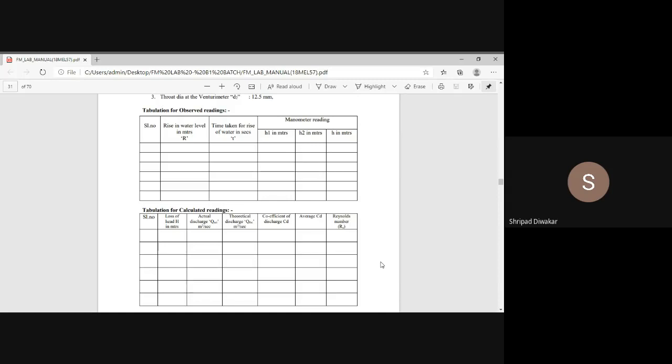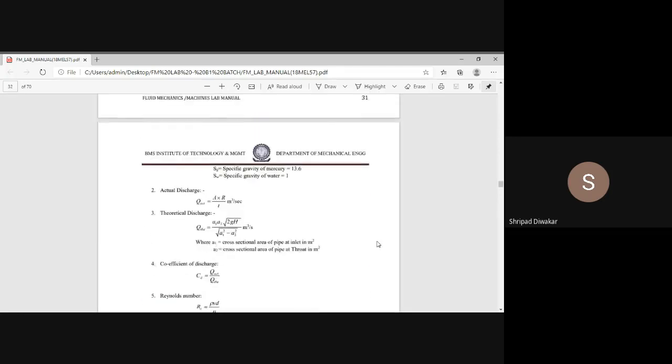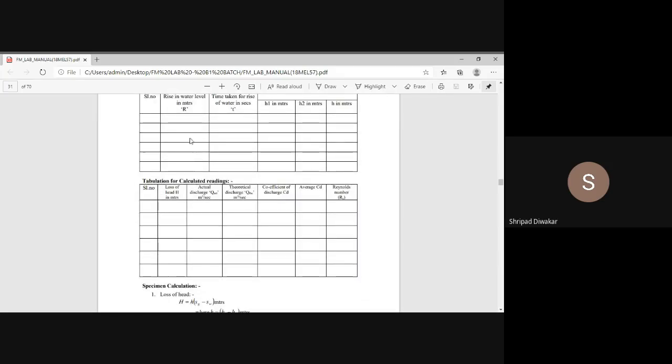And one more reading I'll give, the last one. Please note down, third reading. That's why I said, just do the calculation in the calculator, just put the answer, and show the specimen calculation for any one reading. Note down the third trial. Third trial, time is 26 seconds. R is 0.1 meter. H1 is minus 3.7 and H2 is 3.1. So you'll get H as 6.8. These three readings you note down.